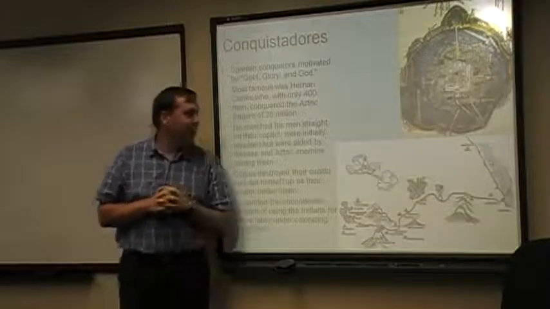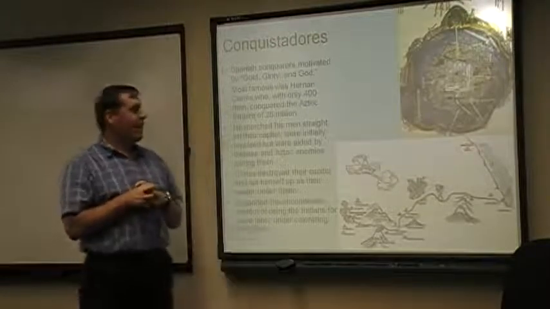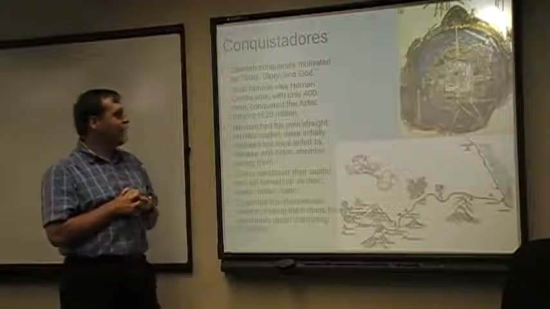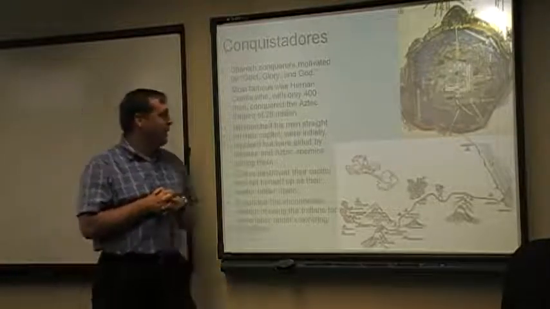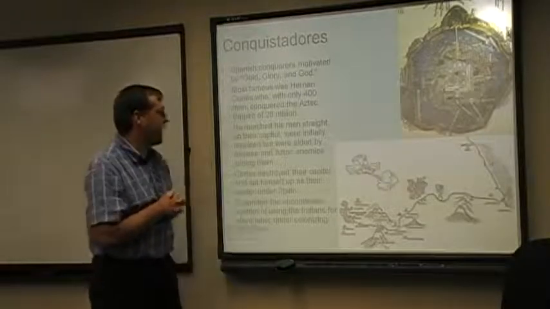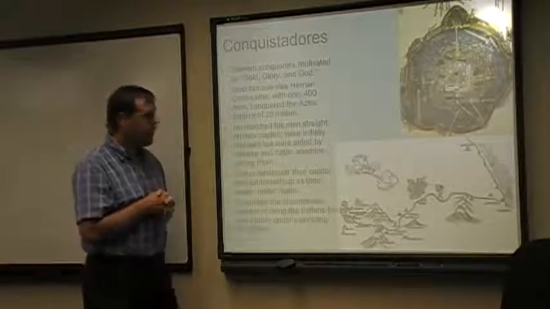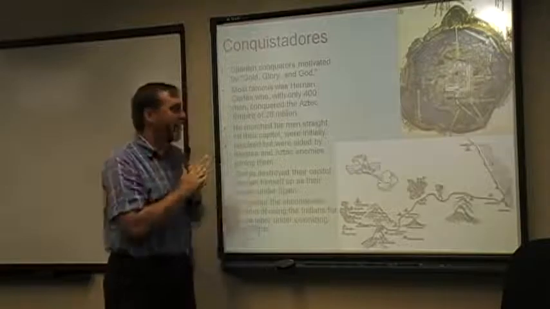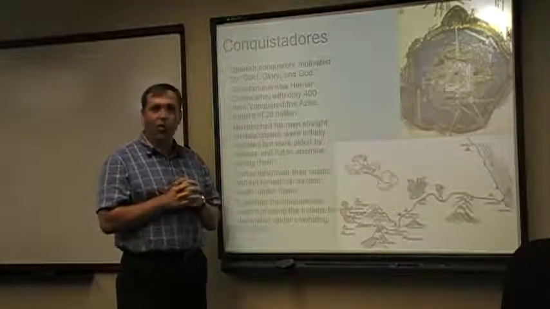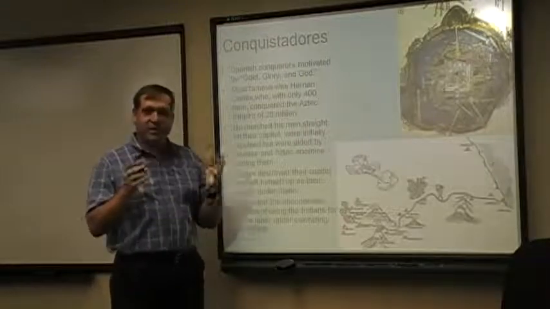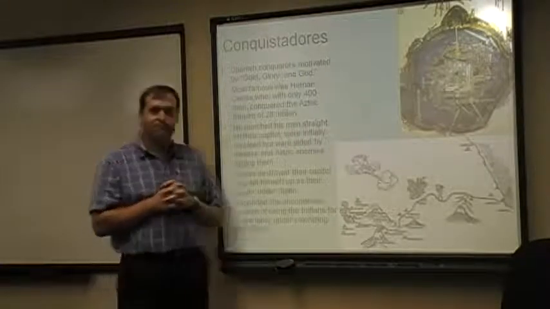Left across the Gulf of Mexico and landed on the east coast of what you and I would refer to as Mexico today, the shores of the Aztec Empire, and he has 400 men. He has 400 Spaniards with him. He sends back a very small number on one of the ships to take the message back to his boss to let him know what he's done. And then the rest of the ships he burns in front of his men.